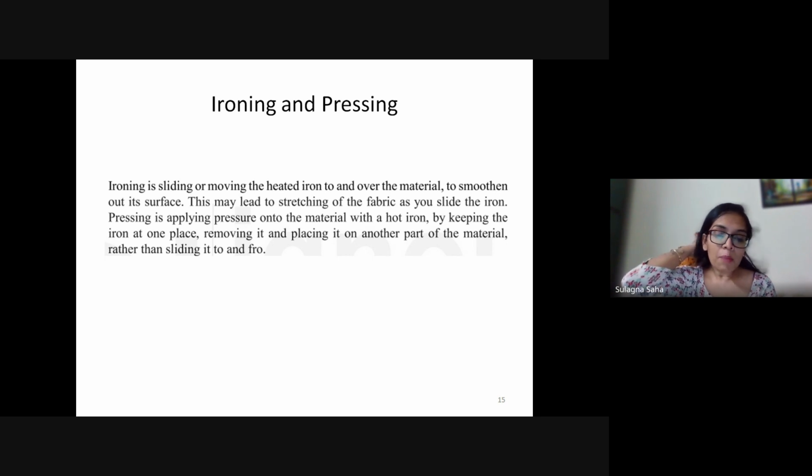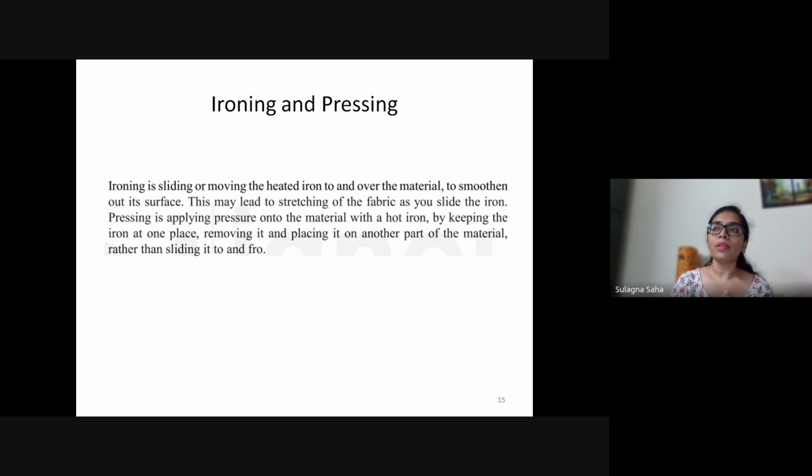Apart from that, you might also see that in industry there are certain operations in which ironing is done not on a flat bed but on a formed ironing piece.